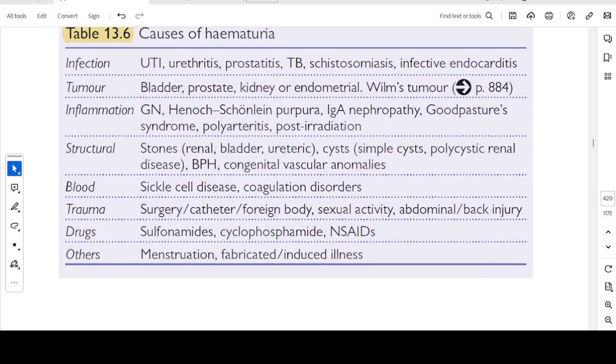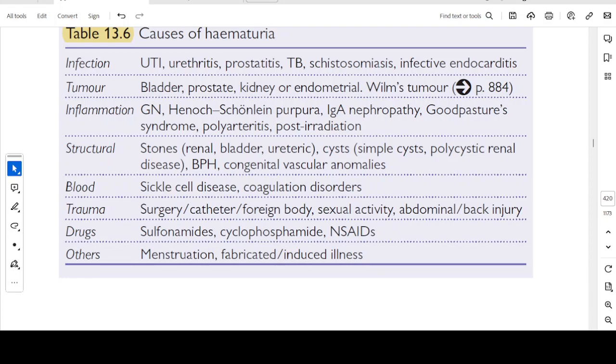Causes of hematuria. Causes could be infectious: UTI, urethritis, prostatitis, TB, schistosomiasis, infective endocarditis. Tumor: bladder cancer, prostate cancer, kidney cancer, endometrial cancer, Wilms tumor. Inflammation: glomerulonephritis, Henoch-Schönlein purpura, IgA nephropathy, Goodpasture syndrome, polyarteritis, and post-irradiation. Structural: stones like renal, bladder or ureteric stones, cysts, simple cyst, polycystic renal disease, BPH, congenital vascular abnormalities. Blood: sickle